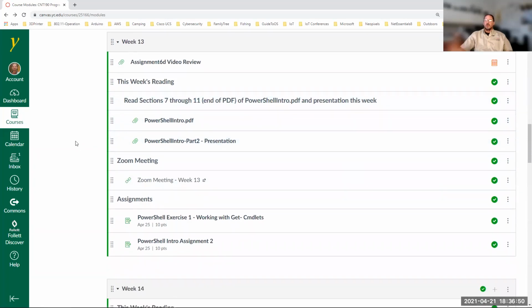Where are we at? We're at week 13, so we're closing in on the end of it here. And PowerShell intro part 2. You're basically just supposed to pick up where we left off last week, until the